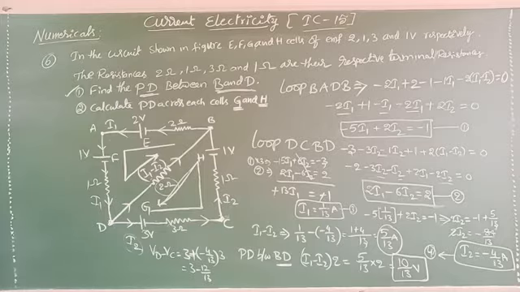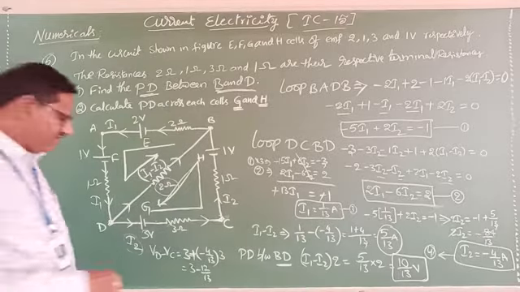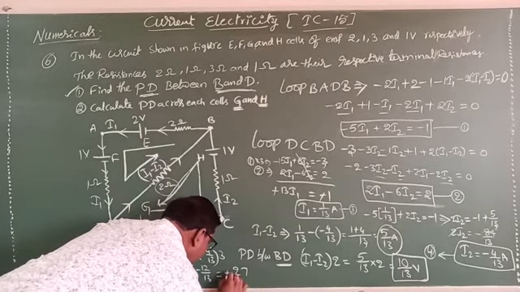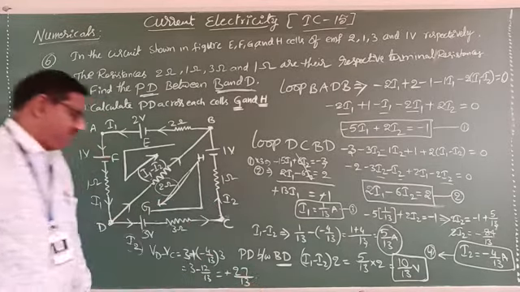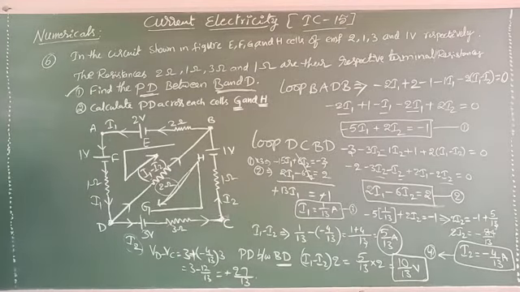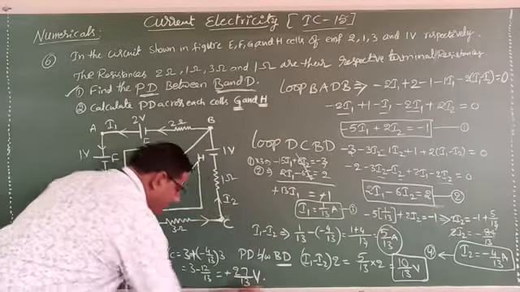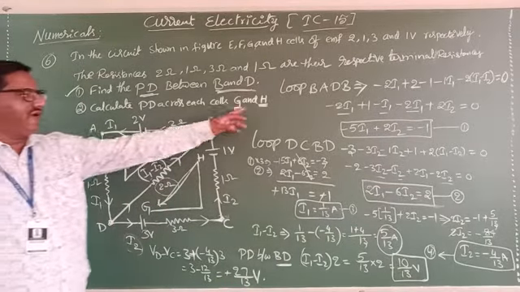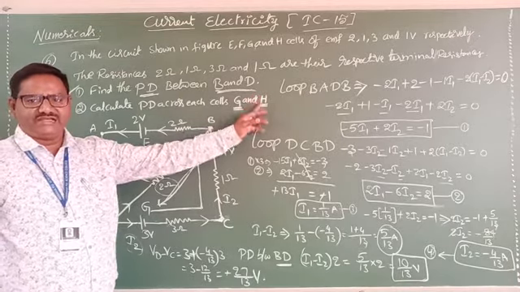See that 3 into 4, 12. So the LCM of 13: 3 13s are 39, 39 minus 12. How much is it? 27. So minus 27 by 30. How much is it? Potential difference? 27 by 30 plus 27 by 13 volt. Potential across G cell. Similarly, one more point we have. Potential difference across H cell.